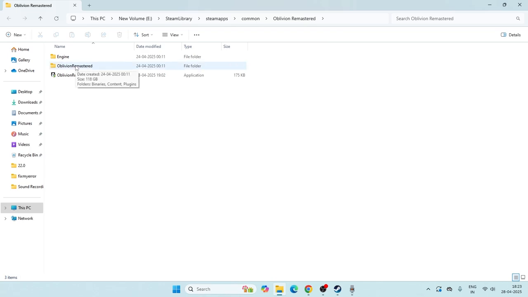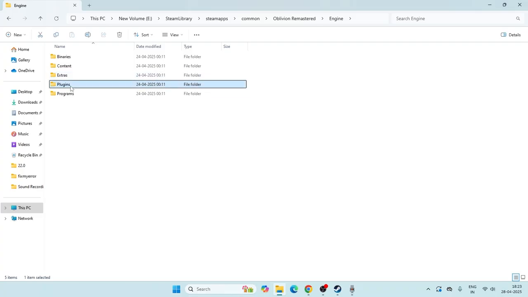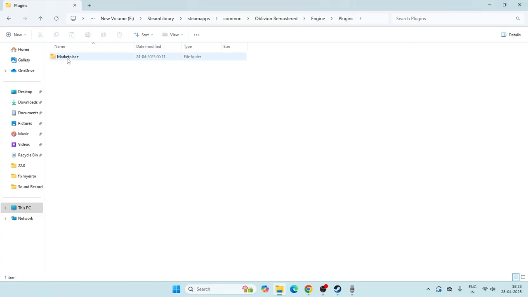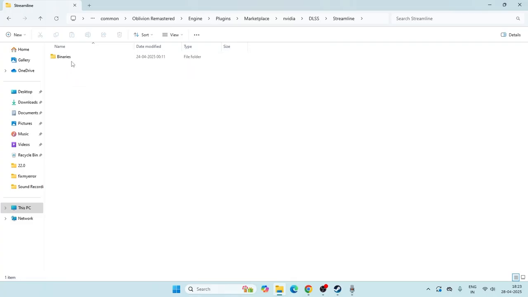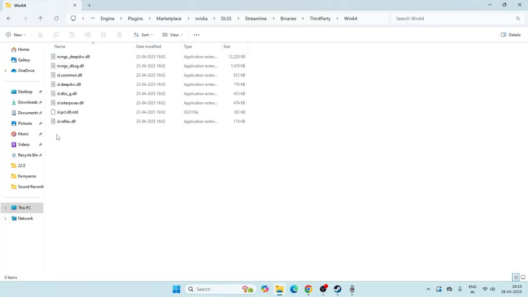Now follow these instructions: get into the folder named Engine, then get into the folder named Plugins. Now from here, go to Marketplace, then go to NVIDIA, then DLSS. From here, get into the folder named DLSS, then into Streamline, then into binaries. Now from here, third party, go for Win64. Get into this, and right now we have a folder named